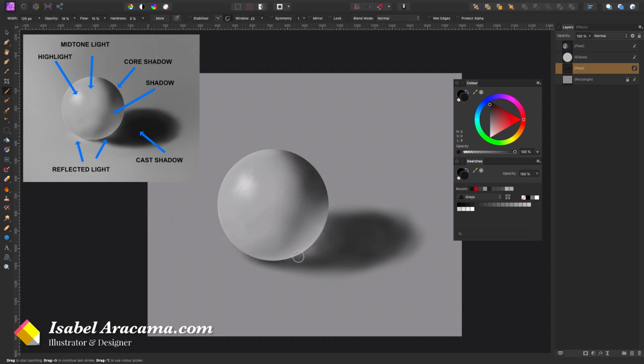So what I usually do is just go and paint like this. I'm gonna make it even a bit darker. Dark in there, dark in there. There is reflection in this area from the sphere and the floor itself and the surroundings. So let's do something like this.